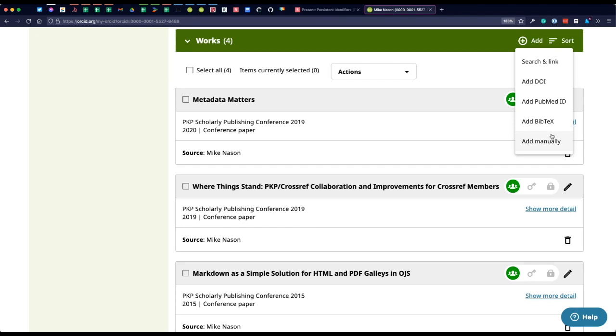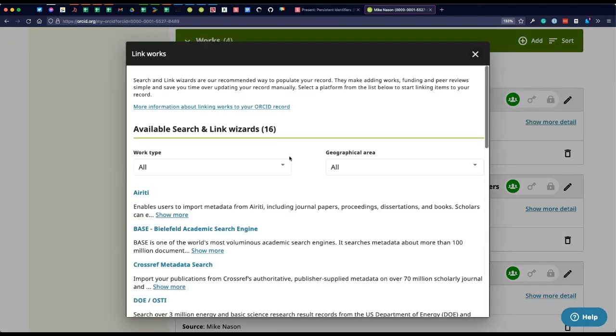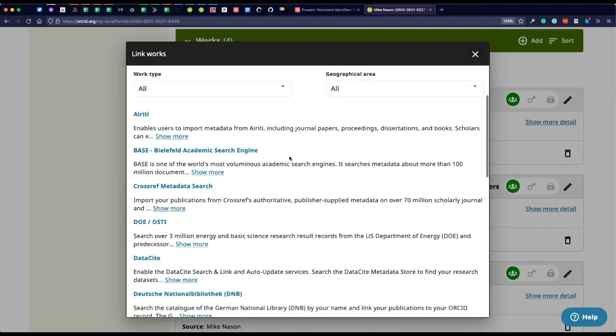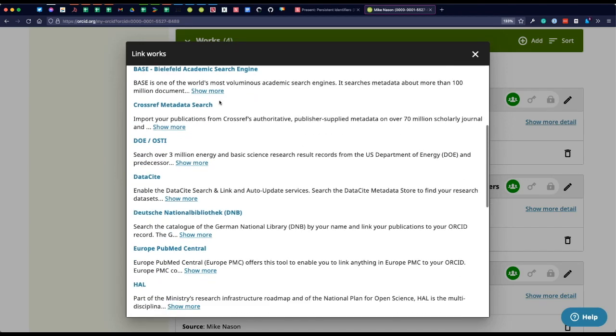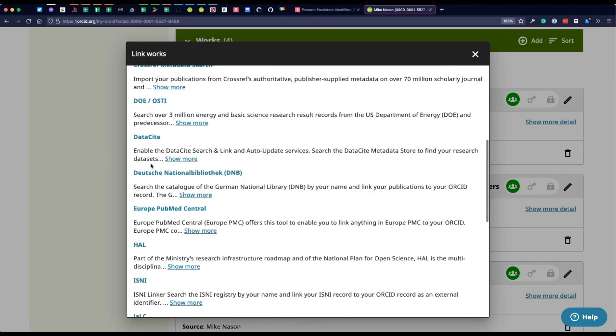It's a metadata form: title, journal, volume, issue, normal stuff. If I go to search and link, what I get is a list of places I can search and link from. So I can use AirED, which is the AirED service. I don't know it. Base, here's Crossref, here's DataCite,